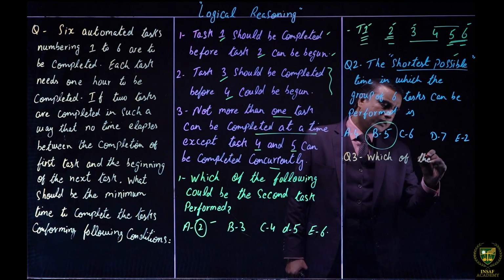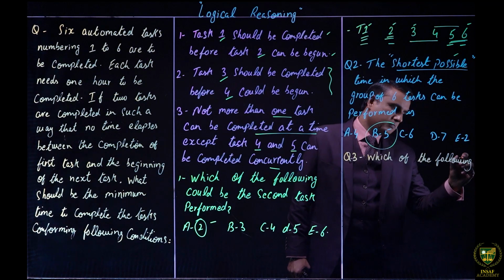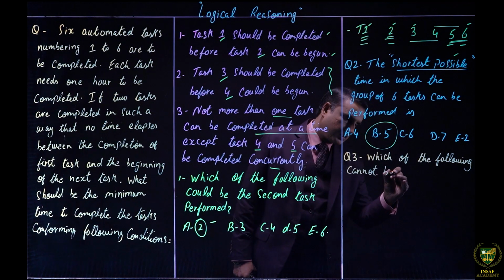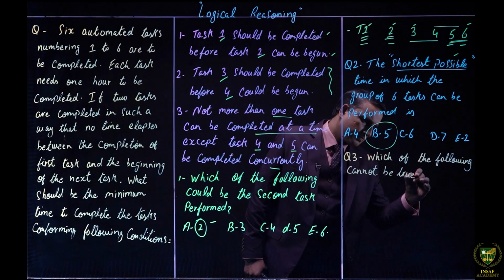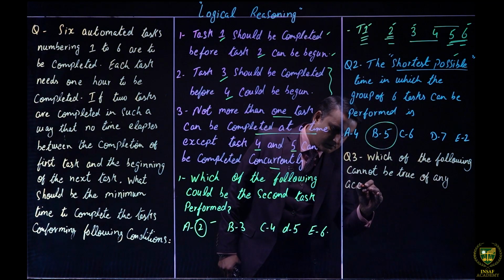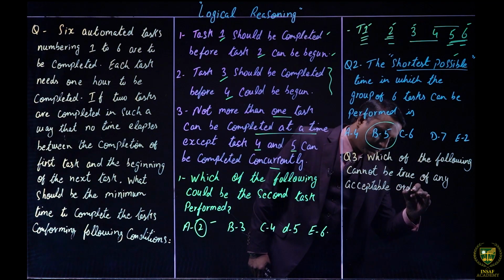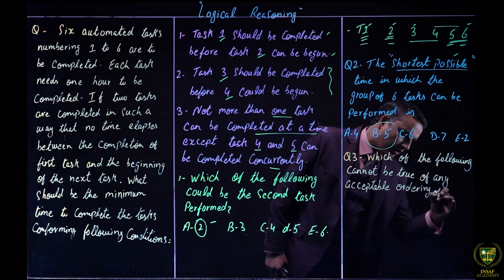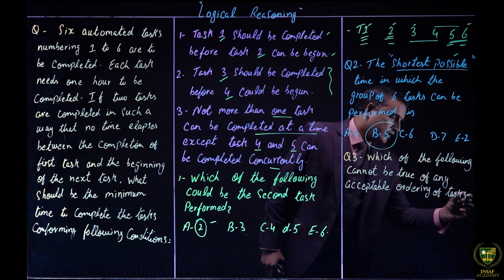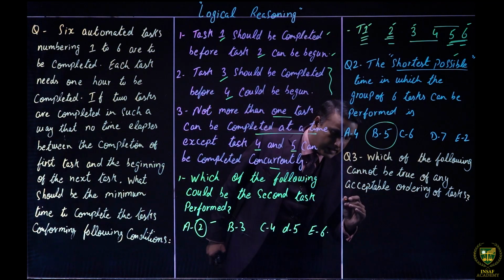Which of the following cannot be true of any acceptable ordering of tasks? कि कौन सी चीज़ जो है वो एक्सेप्टेबल नहीं होगी. And the options we have: